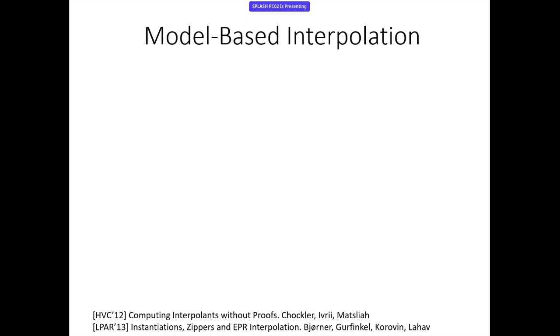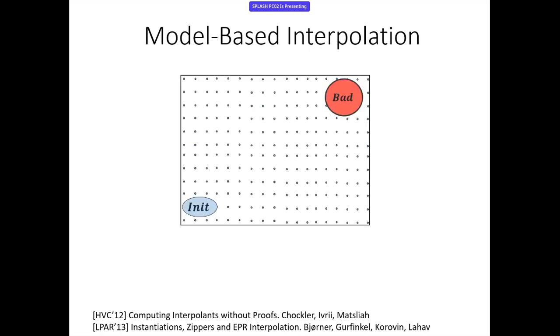So this algorithm of model-based interpolation, originally by Chocolate et al., works like this. At each point in the algorithm, we have some candidate invariant. And unless we are done, there's a counterexample to induction, a state inside the invariant that can go to a state outside the invariant. So what we want to do is to exclude this counterexample from the candidate. However, we don't want to exclude a single state at a time. This would converge very slowly. We want to find a larger set of states to exclude at each point.